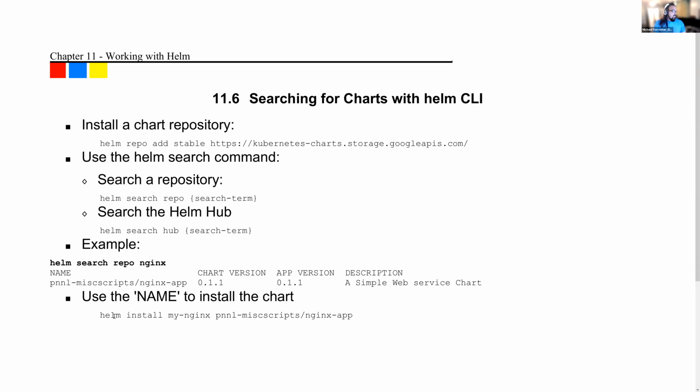And when you have a version of the chart versus a version of the app, you can roll things forward in versions. You can roll them back in versions, just like you can in Kubernetes. So notice that they use the name of the chart to install it. When they searched, they found Nginx. This, by the way, was a made up arbitrary name that they threw into the command to label their installation of this Nginx app. You could have called that,